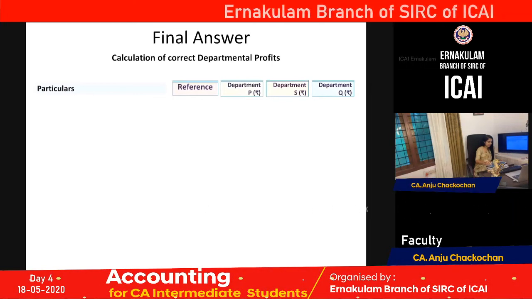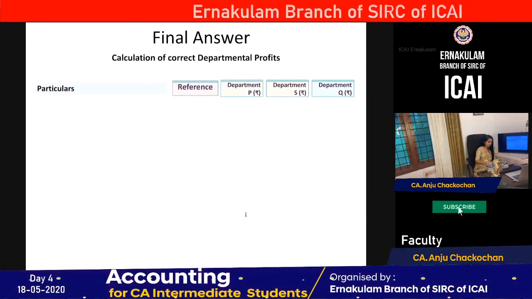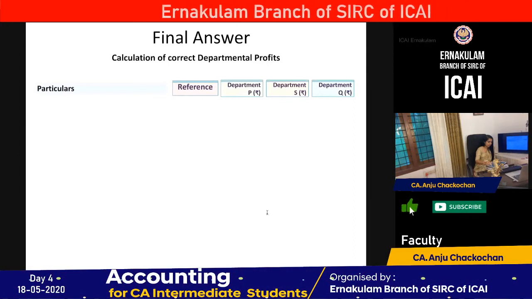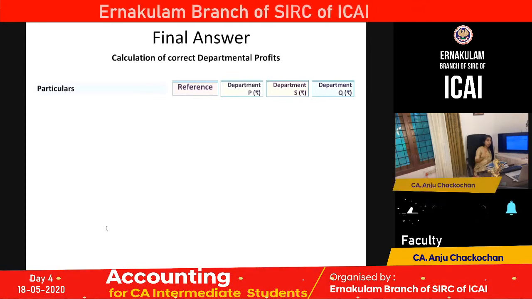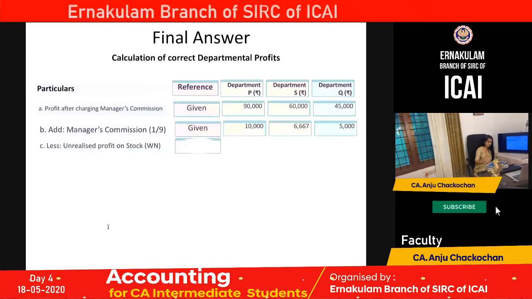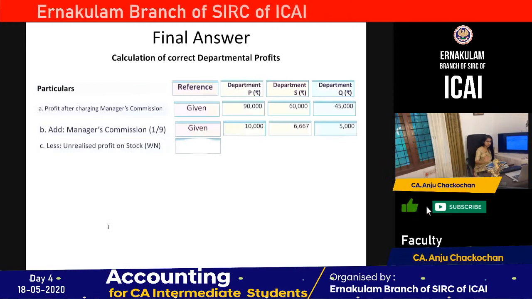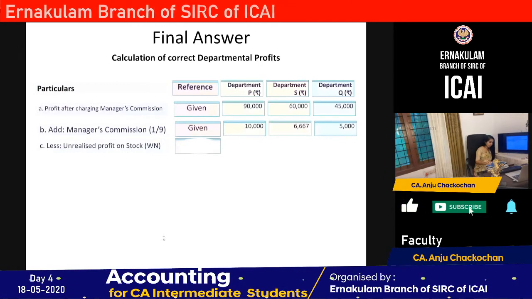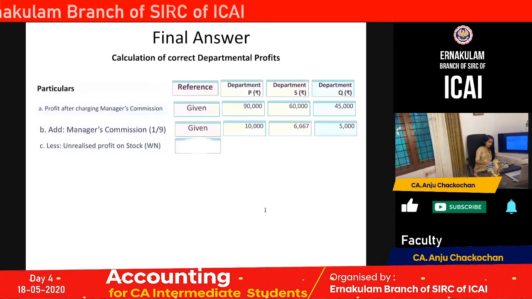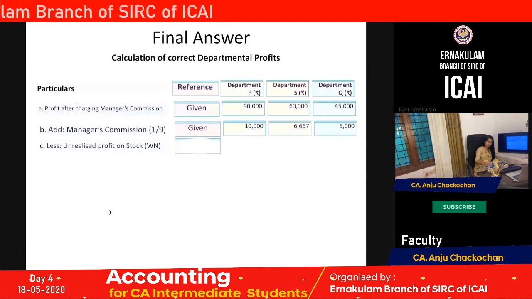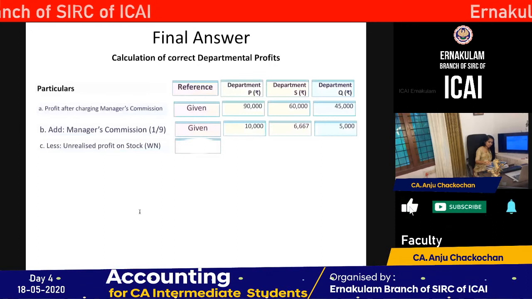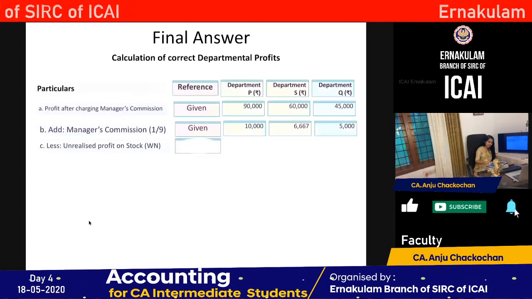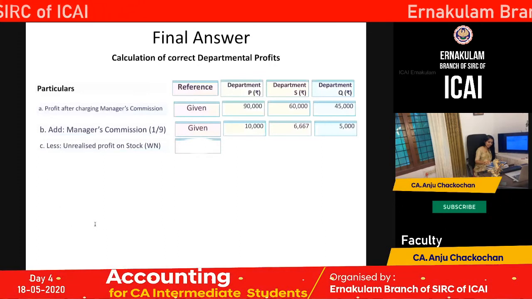Okay, we have the profit. We added manager's commission. And then you reduce the unrealized profit, which was computed in working note 2. Give the reference columns also, students. Please don't miss out on the reference columns this time. I'll be checking your notes. So unrealized profit you reduce, so you get your profit before manager's commission. And from that, you reduce manager's commission. And you get the final answer as